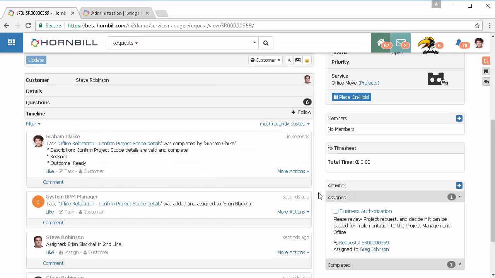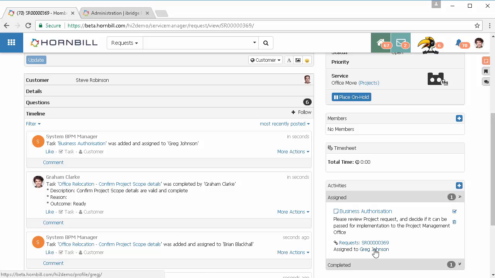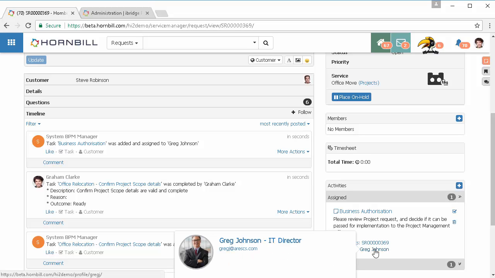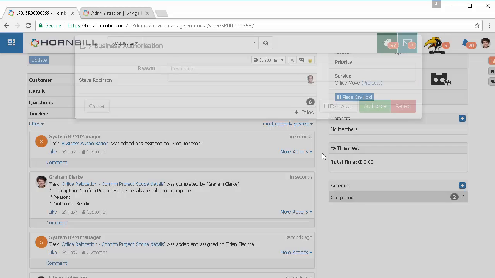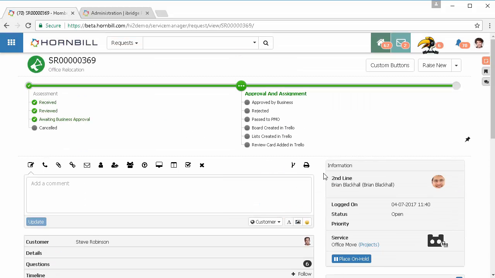As a result of that, that might then need to go off to the business to decide whether this is actually costed and such like to go ahead and for a project to be raised. Just for demo benefits, I'm going to raise that and authorize that particular one on behalf of the business. Now in doing so, we move on to the second stage, which is the approval and assignment, and we look to pass that to the PMO office, and now we can see that the board has been created in Trello,